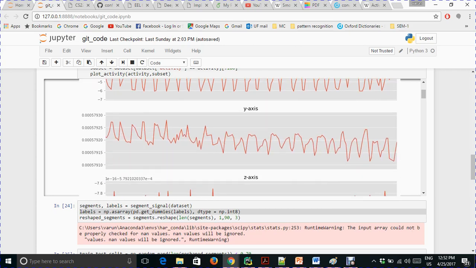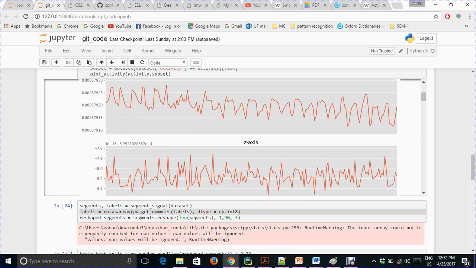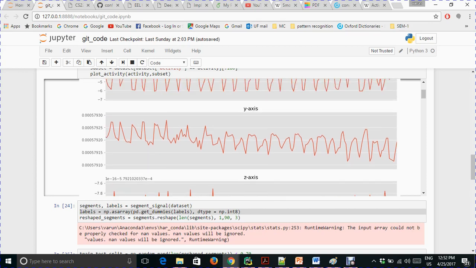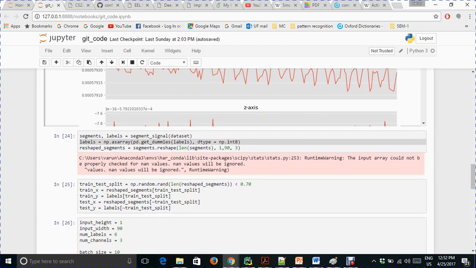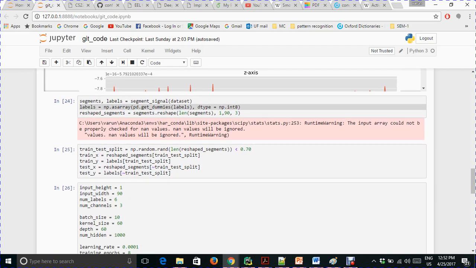This whole output is generated by plot_activity. I'm using a Jupyter notebook to effectively represent the activities. Now coming to the next, this segment_signal,